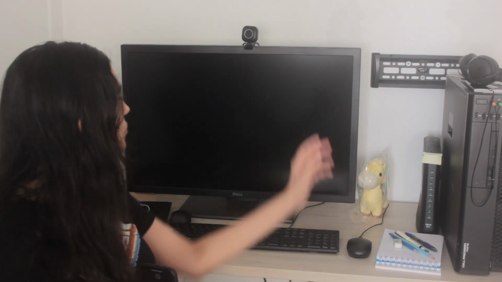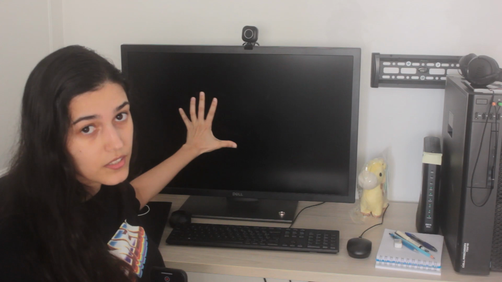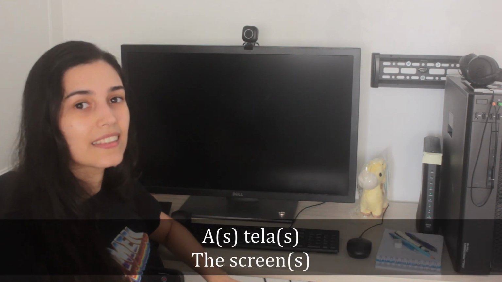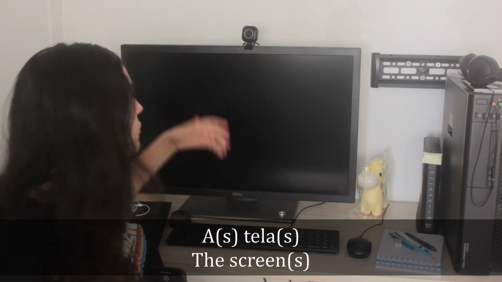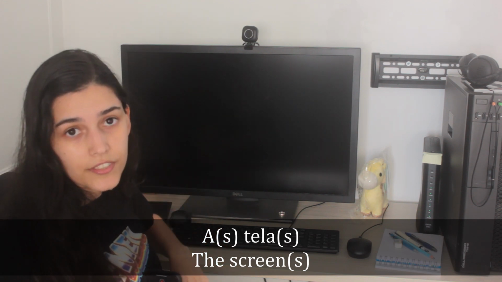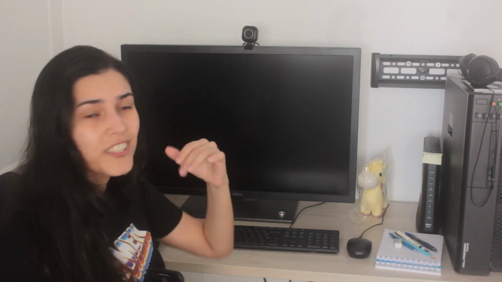In Portuguese, there are very few occasions in which we'll use inches to measure something. One of them is when you're measuring screens. In Portuguese, we call screens telas, a tela, as telas. That works for monitors and TVs as well. The other time that we'll